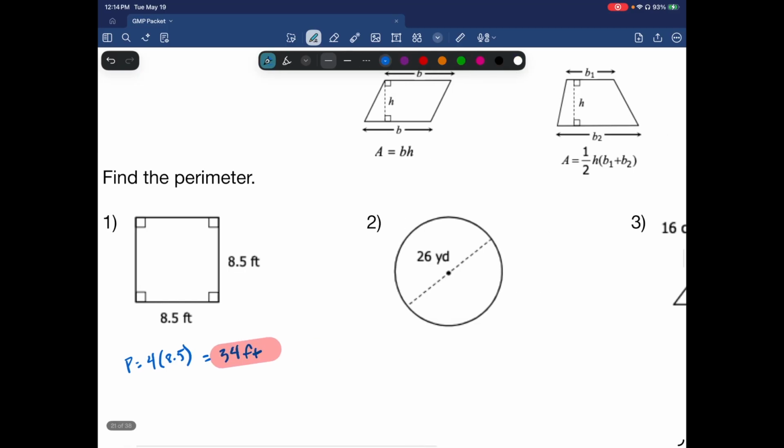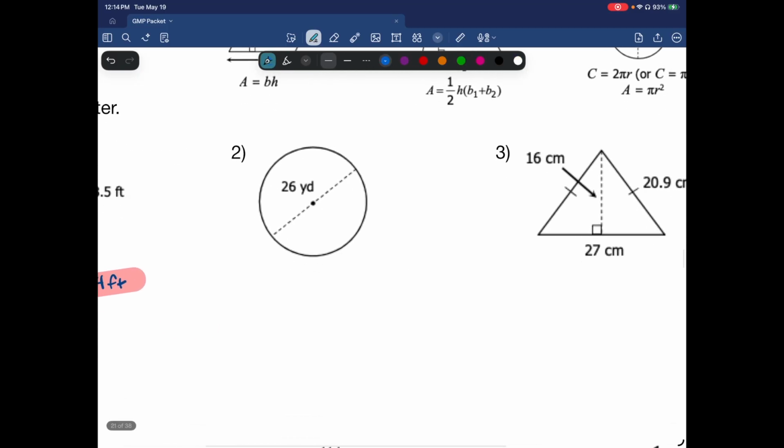All right, and then on 2, you have your diameter. And remember, circumference is pi times diameter. So this is simply 26 pi. Now, sometimes Pearson will take that, and sometimes they want the decimal. If you want the decimal, you can multiply by 3.14, which would probably be good for most of your underage kids. But especially if you're using calculators, you can go ahead and use pi, and that will be